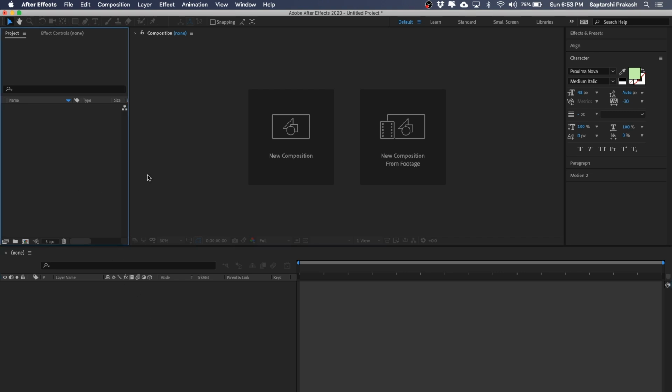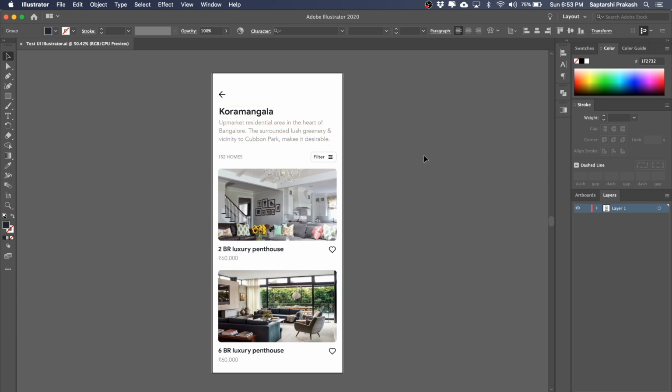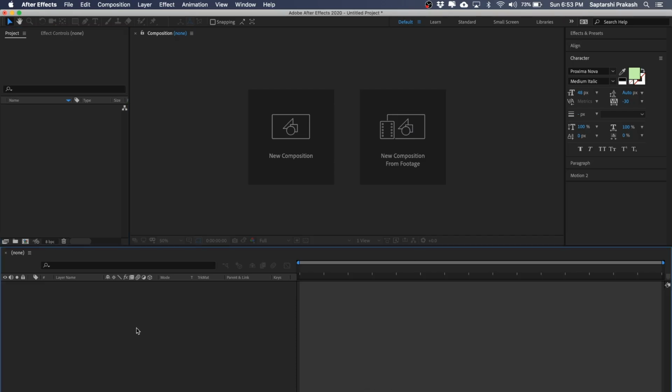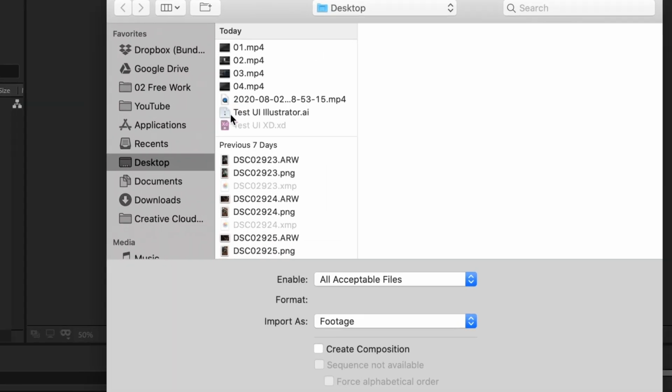And to do that, all that we need to do is to create the UI or whatever your design is inside Illustrator or Photoshop or any other tool. So this is the same UI that I have recreated inside Illustrator as well. Just go ahead and save it somewhere. I saved it on my desktop for now. And then go to After Effects. While you're in the project panel, double click, just like you would import an image, and navigate to the file. In my case, it is testui